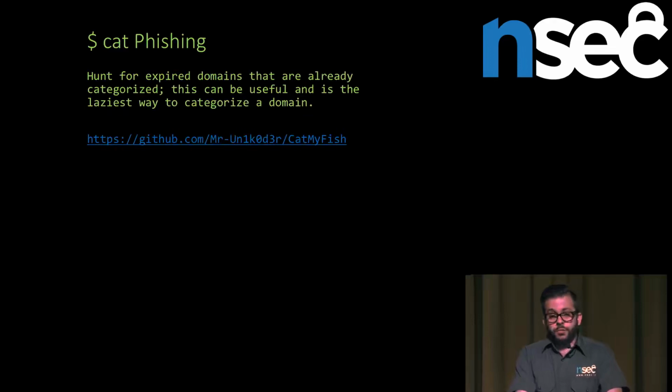You can also hunt for expired domains if you're lazy, like me. I wrote this little tool a couple of years ago, which goes through expired domains: you give it a keyword, and it lists a bunch of domains that are actually expired, and you can buy them if they're available. So you can find already categorized domains. And that's another thing: some security product companies actually look at the date of registration. If this domain has been there forever, you may bypass this check, and they're going to say, oh yeah, this domain has been around for like 10 years, so it's probably safe.